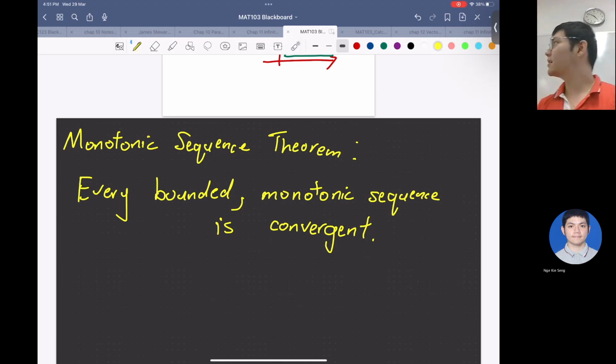Like in assignment or in task, yeah. Of this like limit x approaches infinity for one over